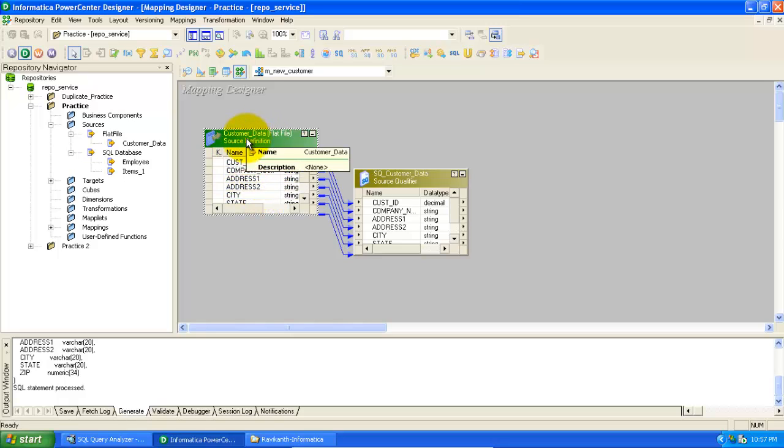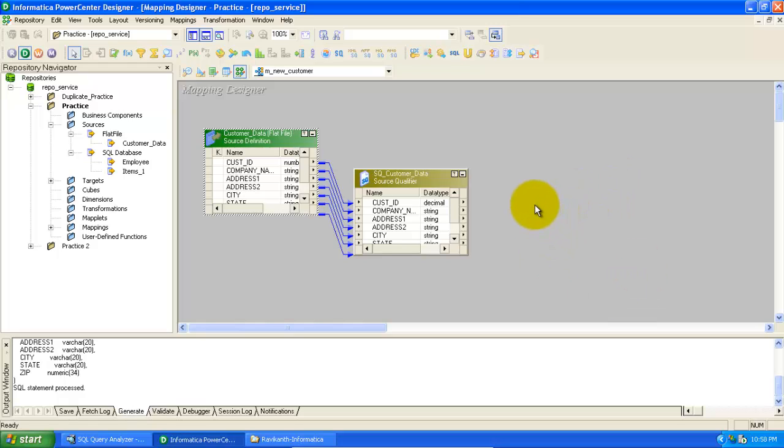This is my source flat file. Here you can see flat file customer data from flat file to the database data table using a few business rules. The business rule is, if the customer data already exists in the database, then that should be omitted. Otherwise, the data should be loaded into the data table.